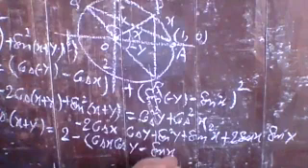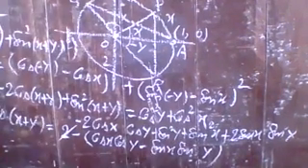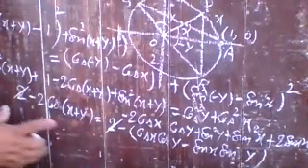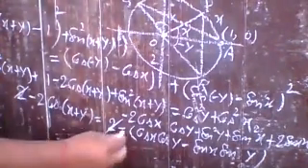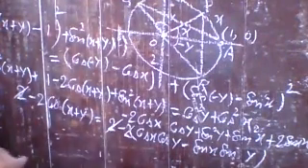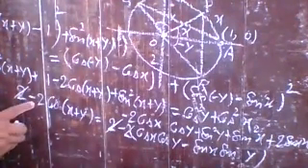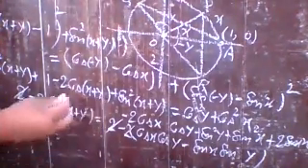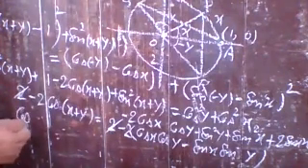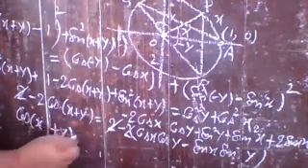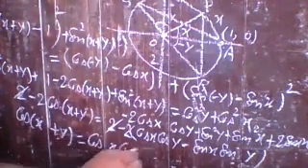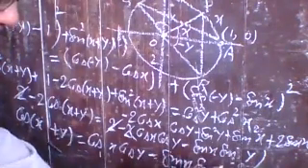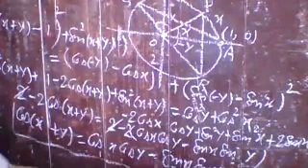Now you see that 2 and 2 are cancelled out from both sides. Here you have minus 2 common, and if you cancel minus 2 in the further step, it is also cancelled out from both sides. Finally you have the result: cos of x plus y is equal to cos x cos y minus sin x sin y, and that is your formula.